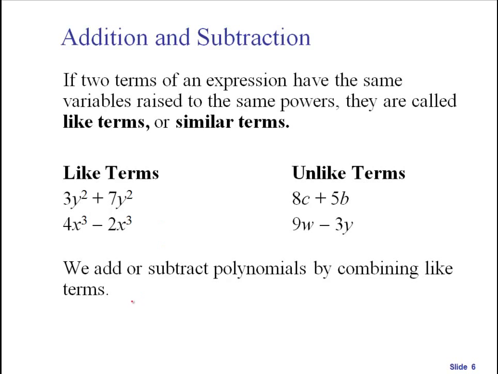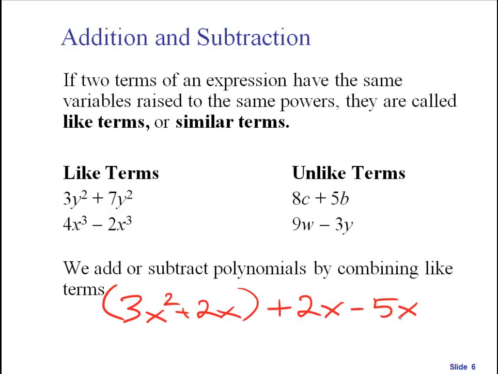So if I had, let's say, 3x squared plus 2x, that was one polynomial, and I wanted to add it to 2x minus 5x cubed, this is my other polynomial here. I'm going to add these two polynomials together. My 3x squared, this first term here, I'll put it in yellow, can only be added to other terms that have x squareds in them, and there aren't any over here. So it's just going to be